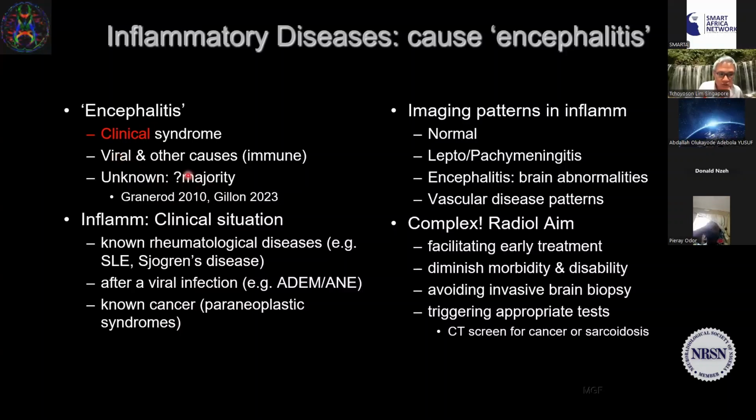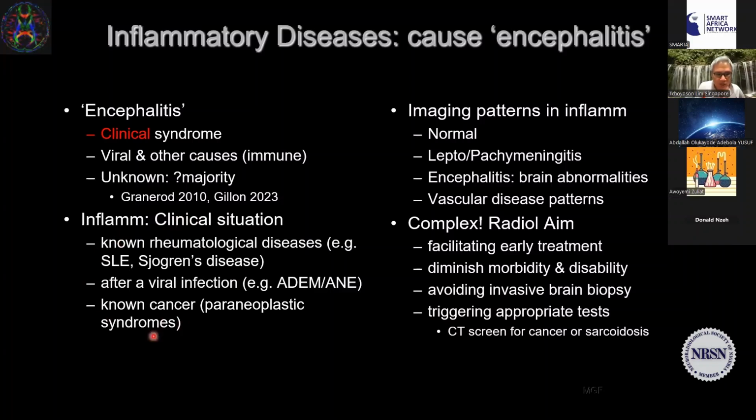So the majority of unknown cases is falling. At the same time, PCR is also helpful in making immune diagnosis, and more inflammatory diseases are getting identified. So that's good news for patients. The bad news is we have to keep up with the literature and learn more and more. So in inflammatory diseases, this class of CNS pathology,